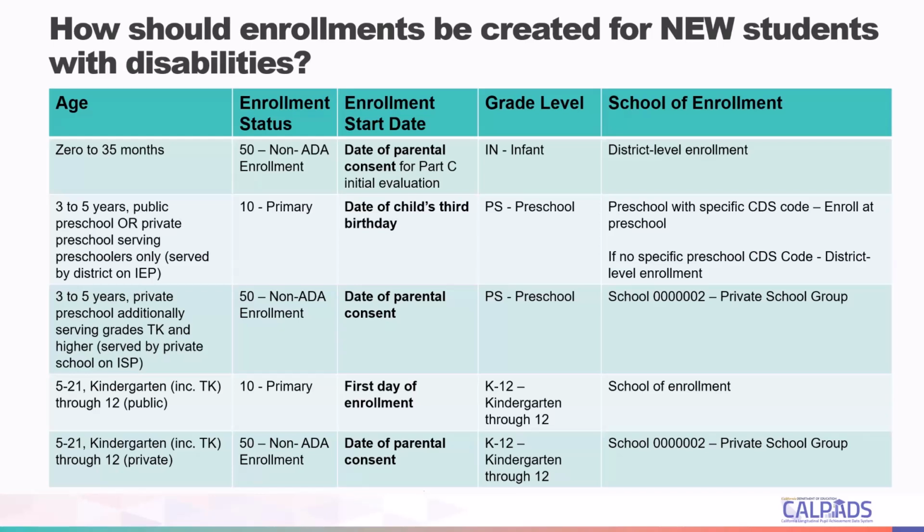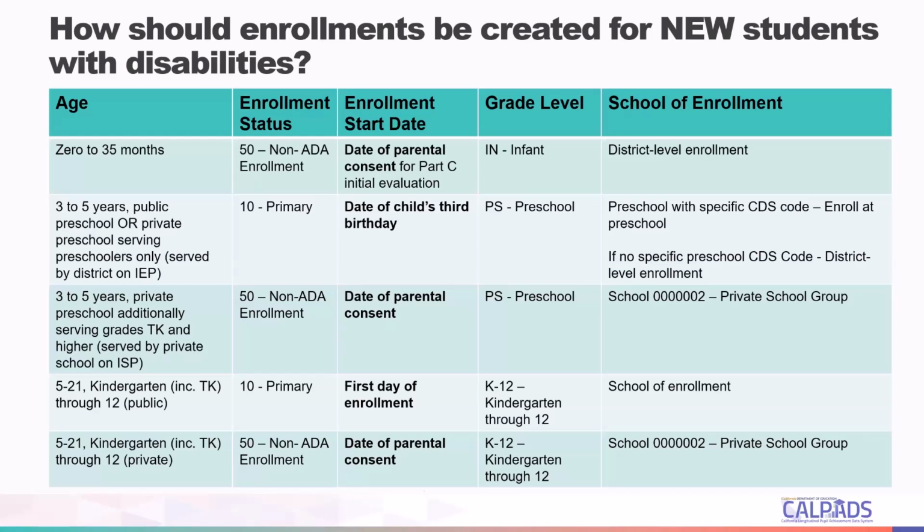So this was a big change. Previously, guidance was all preschool enrollments were primary enrollments at the district. Well, we now understand that you can have a preschool student receiving special education services at a private school. Again, instead of the student's 3rd birthday, it would be the date of parental consent, grade level preschool, enroll the student at the private school group code,